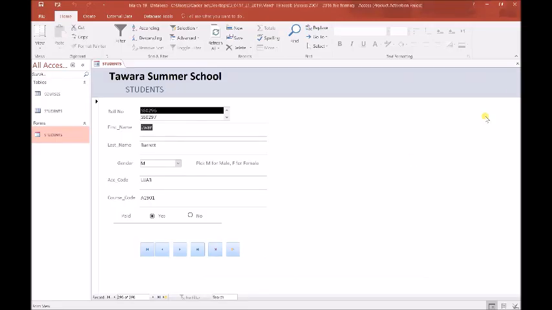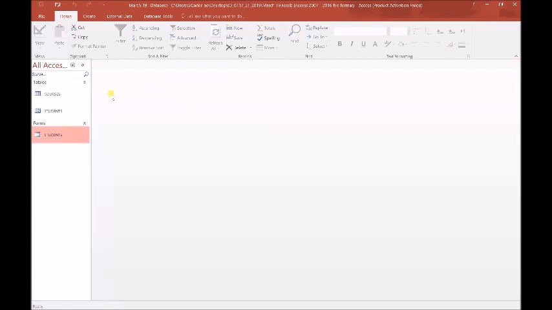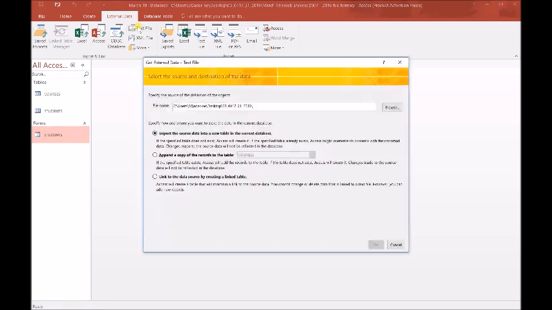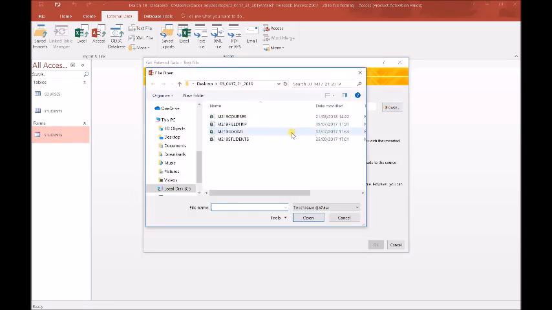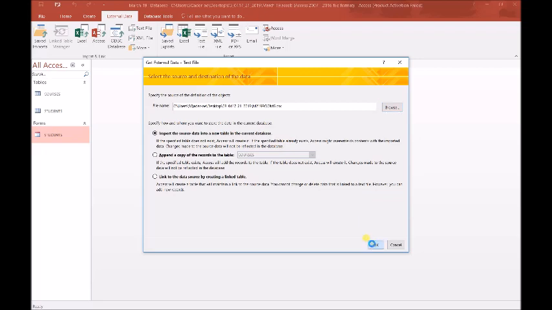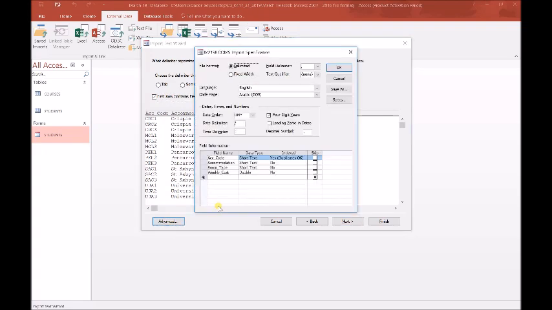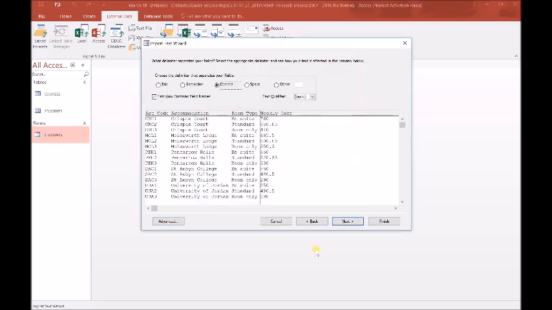So close the form, then external text file browse rooms. Okay, now the advanced, here it should be currency, and okay, next,